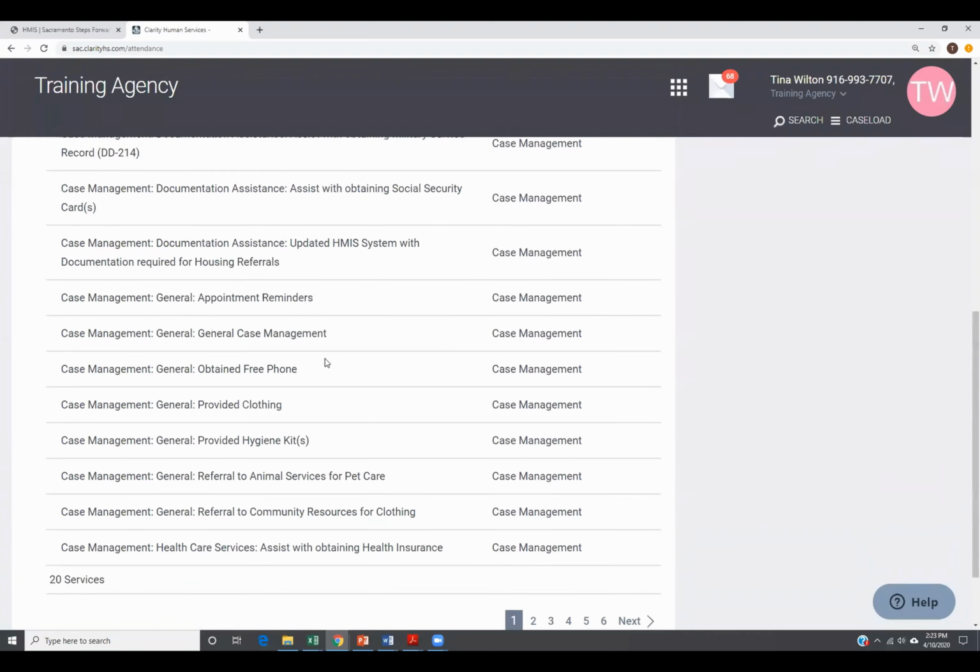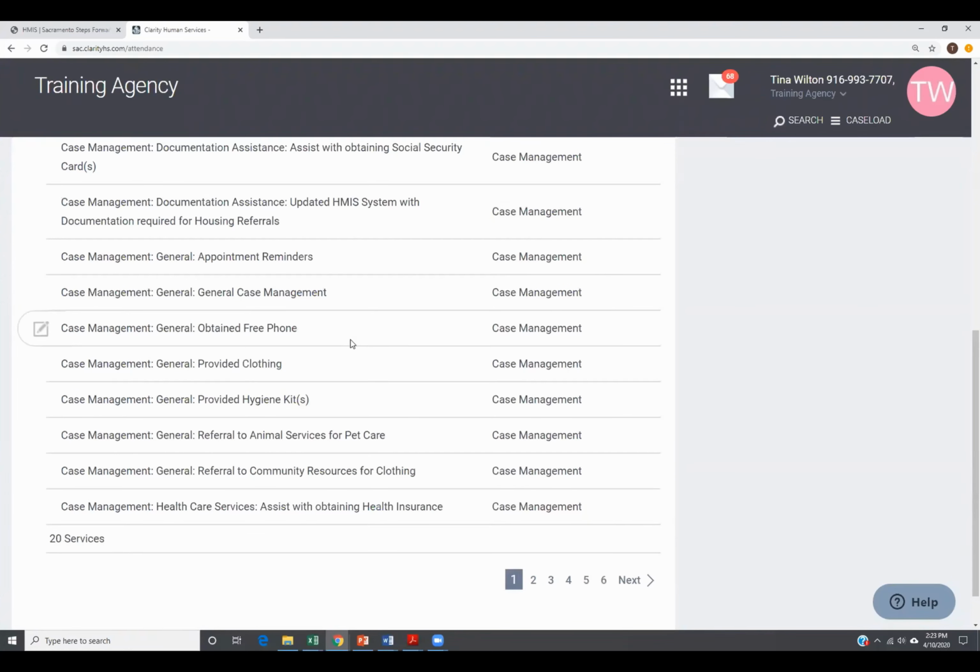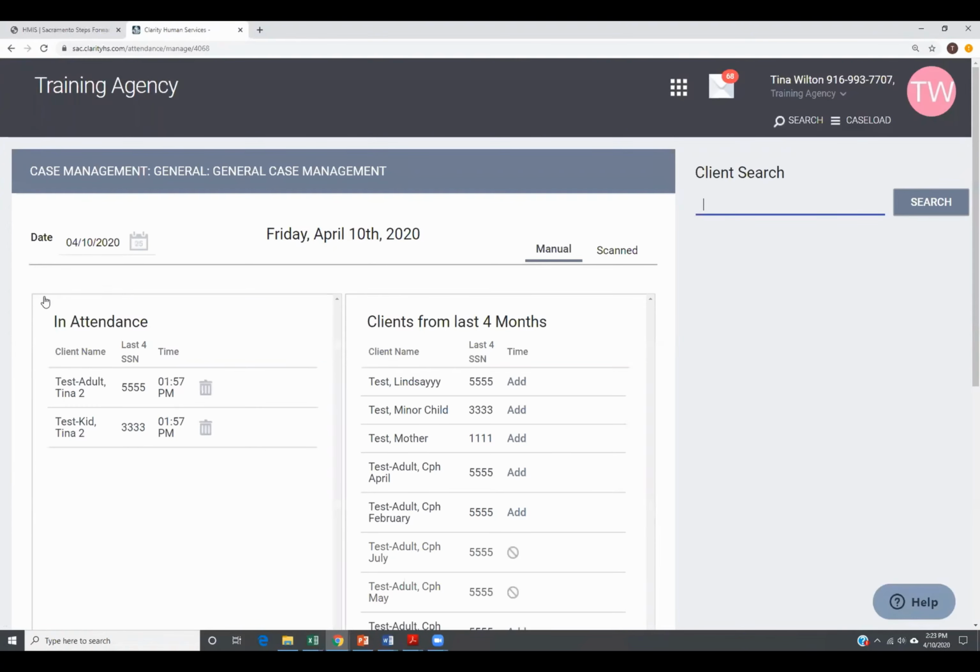So once I'm here, I'm just going to go ahead and use my general case management. And again, I'm going by agency, not client record. And when I click on the edit button here, then what it's going to tell me is